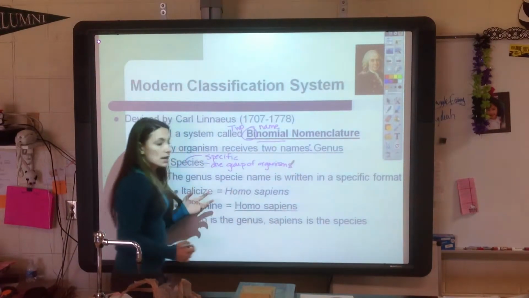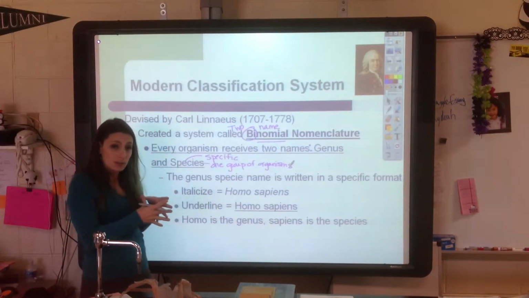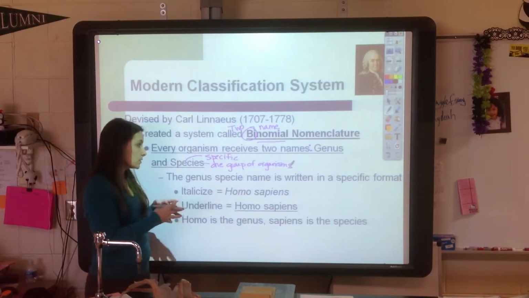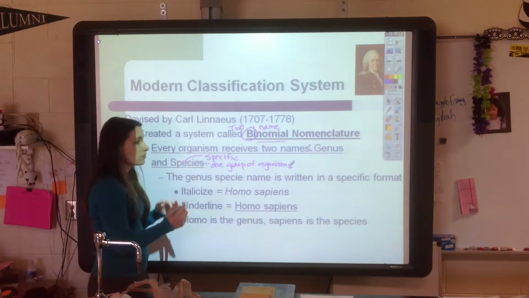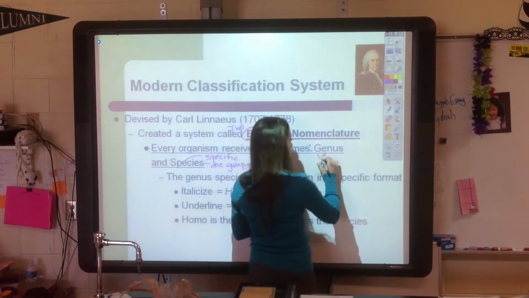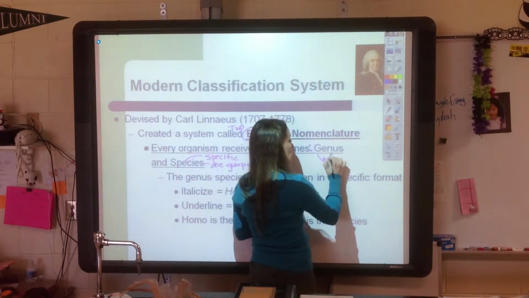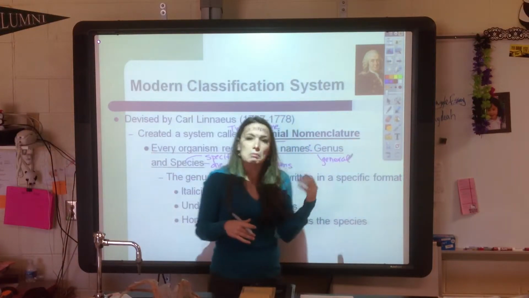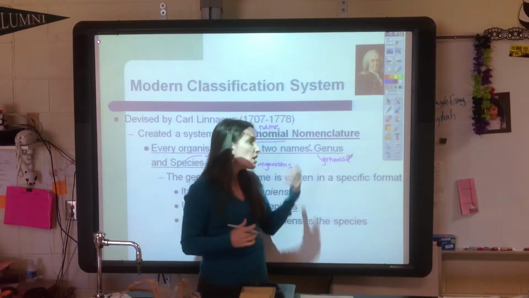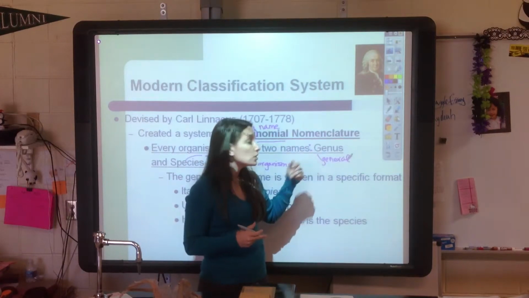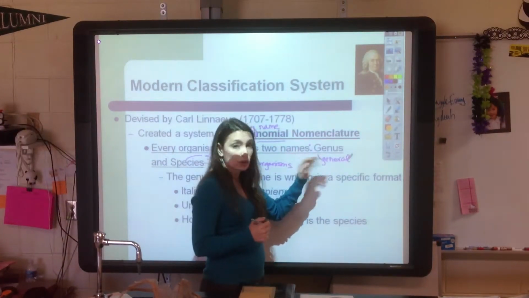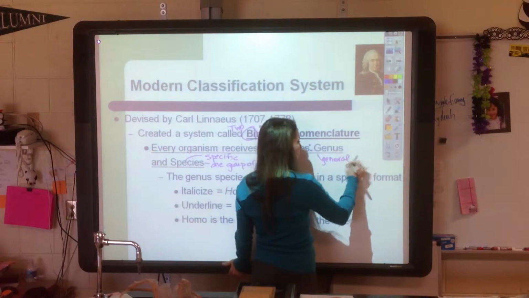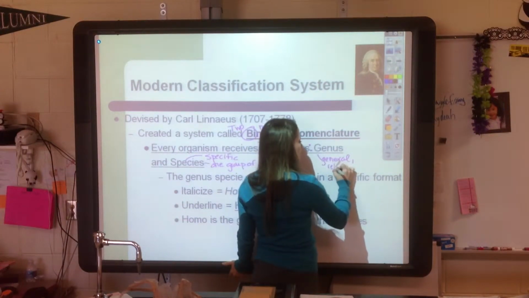But then we realized that some groups of organisms are pretty closely related. So if your species are related, we give you a genus name. A genus is a more general name. If I say turn to any page in your handbook, that's a general page. And so genus names are general, but they're usually related species.